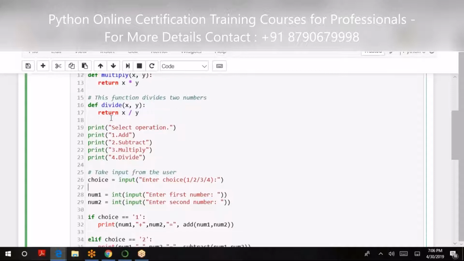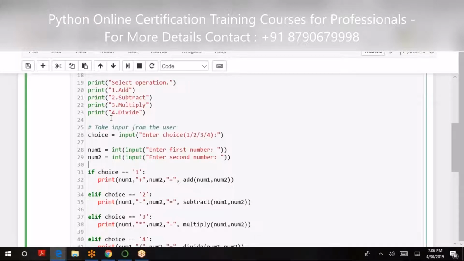Now number 1, integer input, enter the first number. So we will accept the first number from the user, second number from the user. It is a plain input acceptance from the user. Basically x and y.